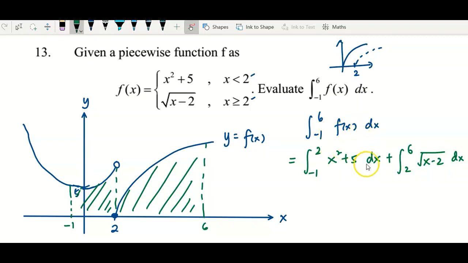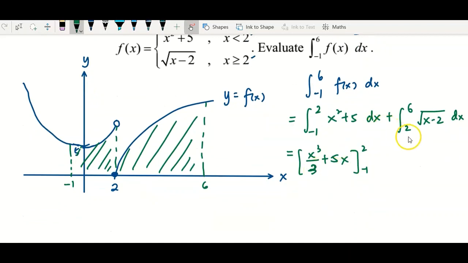So these two are actually equivalent because the f(x) consists of 2 subfunctions, and from -1 to 6, it consists of 2 different curves. So we need to separate them. Then after that, we just integrate as usual. Integrate the first integral, we have x cubed over 3, plus 5x. And later on, we're going to substitute the upper limit and lower limit. To integrate this,